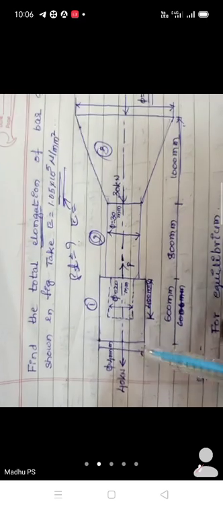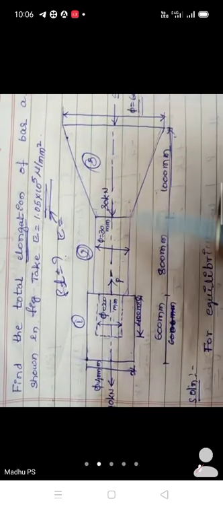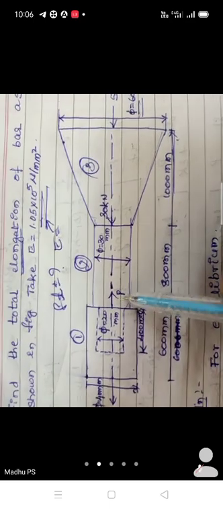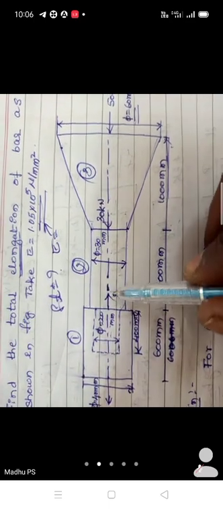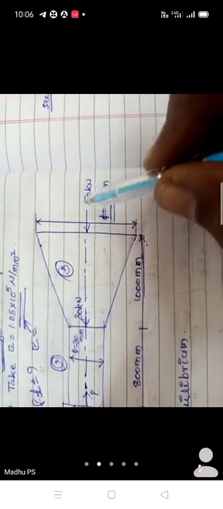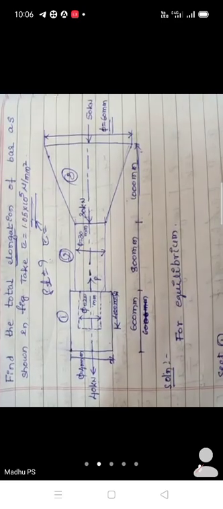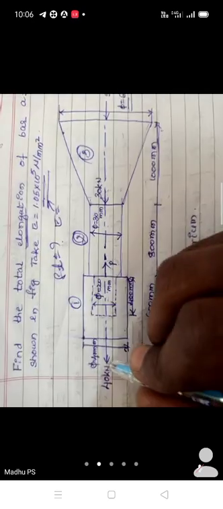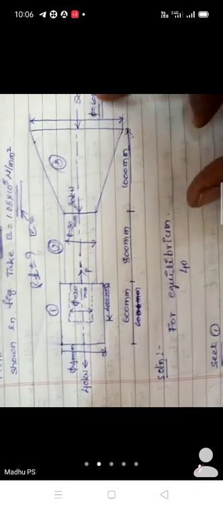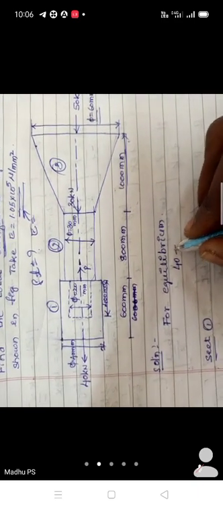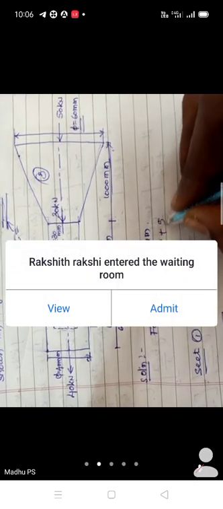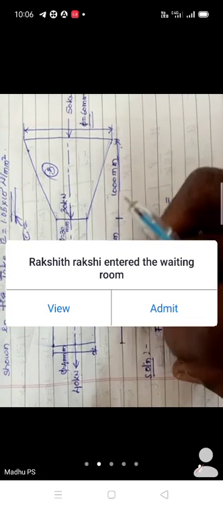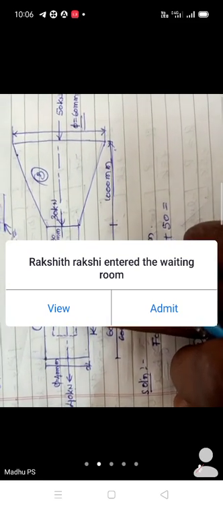So carefully observe, each and every load is given or an unknown is given. Here 40 kilonewton, an unknown load is given. So we have to find out the unknown load here. Then after that 30 kilonewton, then again 50 kilonewton. To find the unknown, for equilibrium we have to take left hand side forces equal to right hand side forces. That is 40 kilonewton left hand side force, again 30 left hand side force, and again 50, equal to the right hand side force.